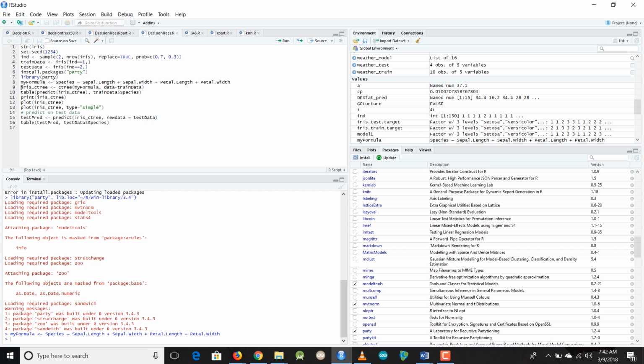Now we perform the ctree function, which takes two parameters. First is the variable that we formed in the previous step, and the training data set that you want to provide. So we are storing that in the iris_ctree variable over here, as you can see. So let's execute this,